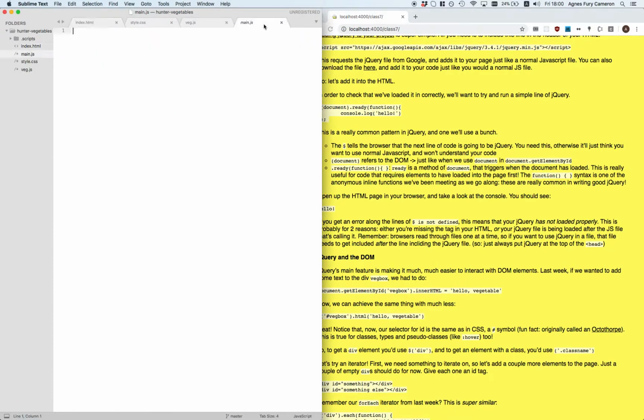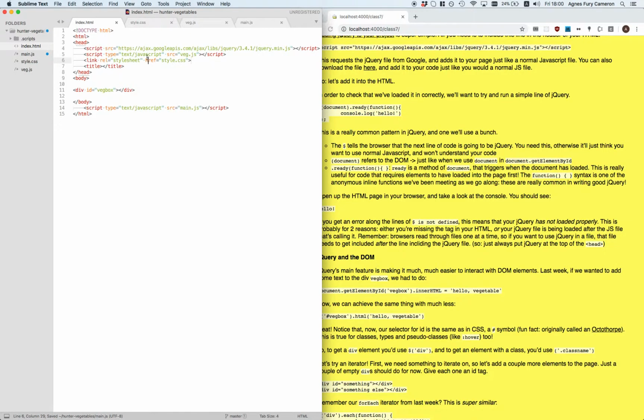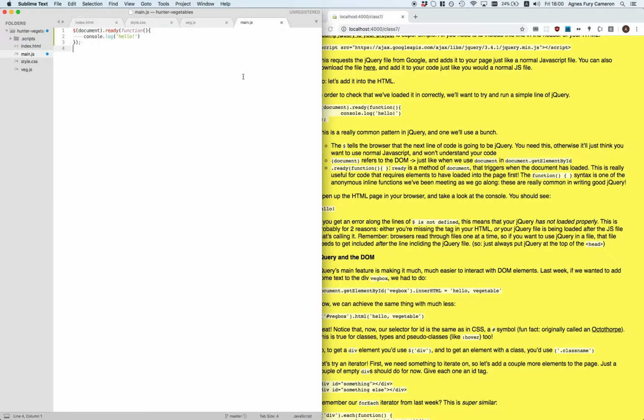But we're just going to put this in our code. It's just going to print hello. So this is our main.js, which is already included on index.html. That's great. And so now what we're going to do, let's just open